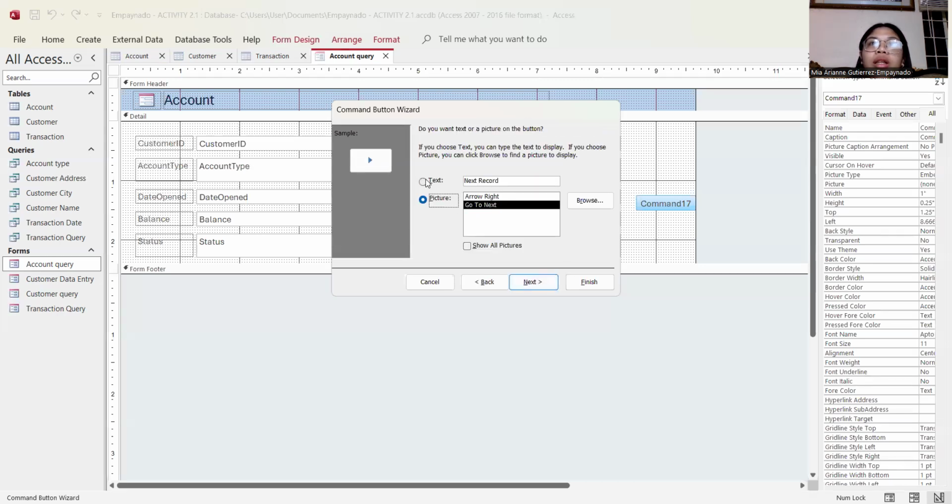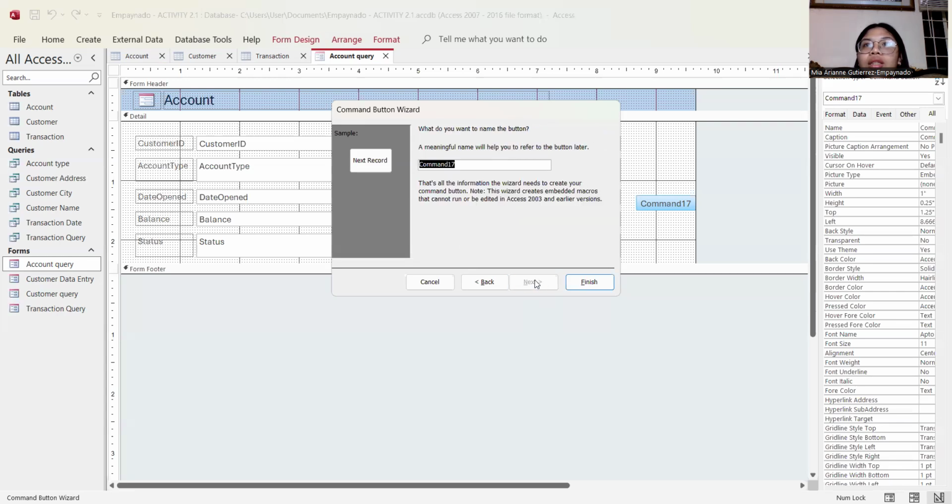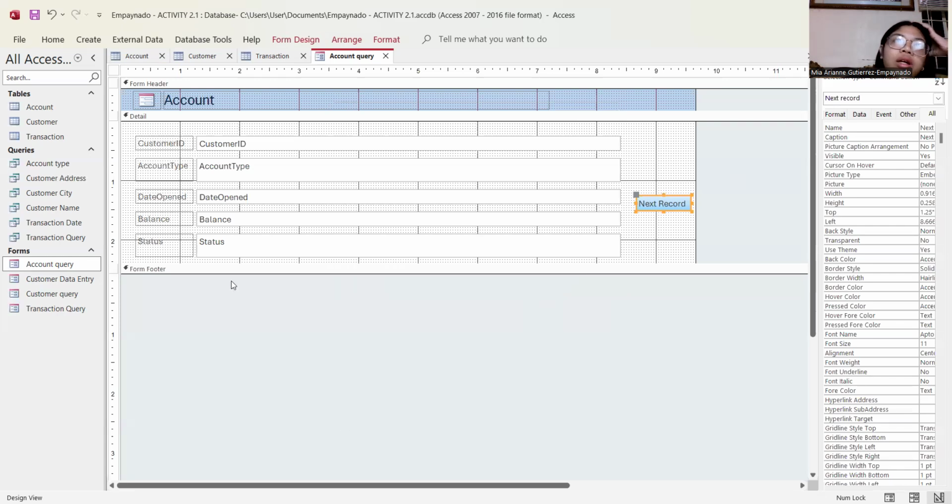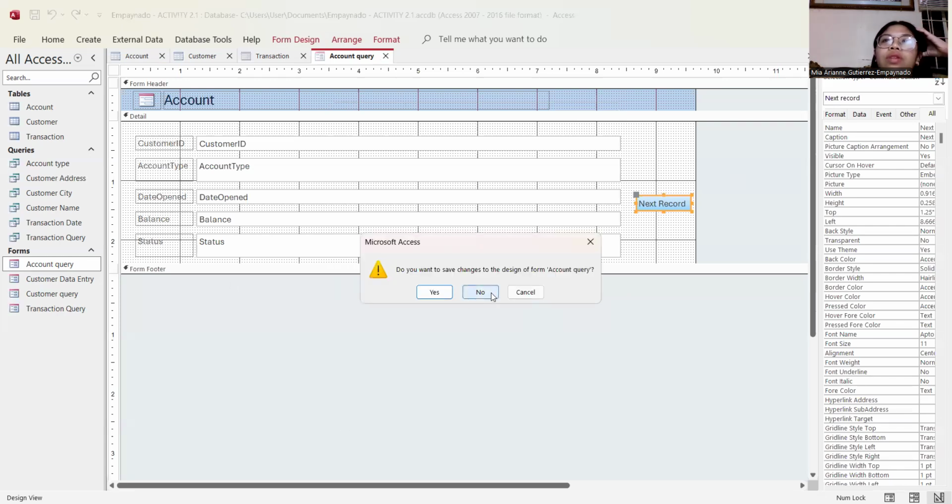Then next, pick the text, then next again. Change the name, Next Record. So here you see the next record. I'm not actually going to save the changes, but I just showed you how I did this.